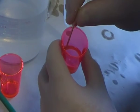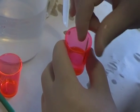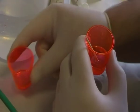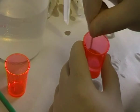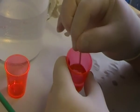So you get your cocktail stick and you mix slowly. Unlike the other resins, where you'd pour from one to the other and back and forwards, you don't do this with this one. You have to mix it slowly. So sorry about this taking a long time, but